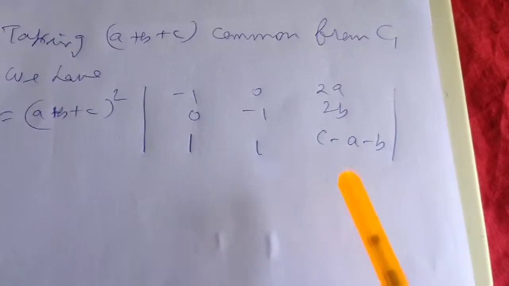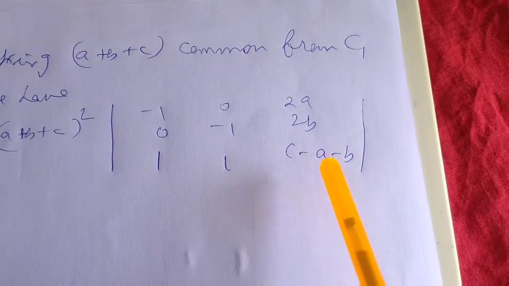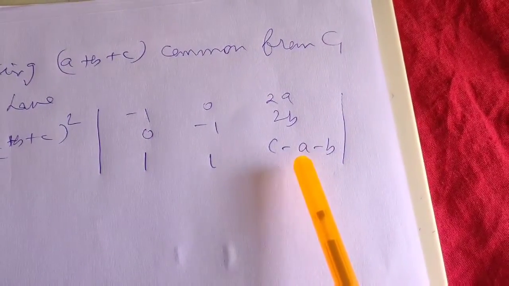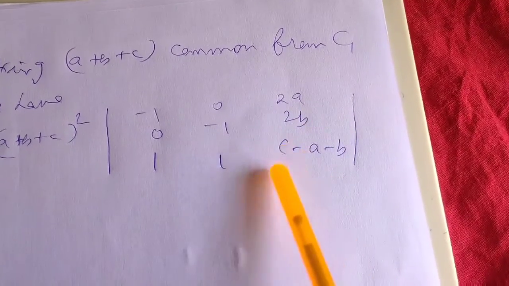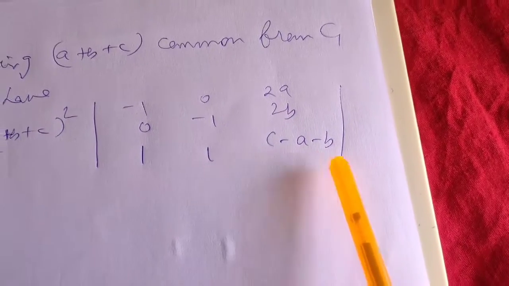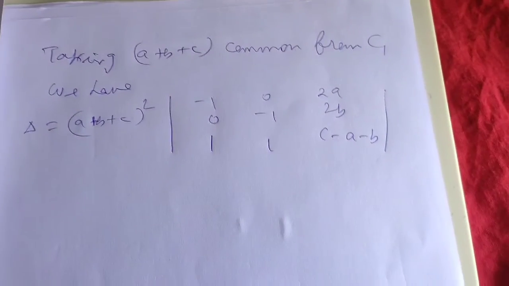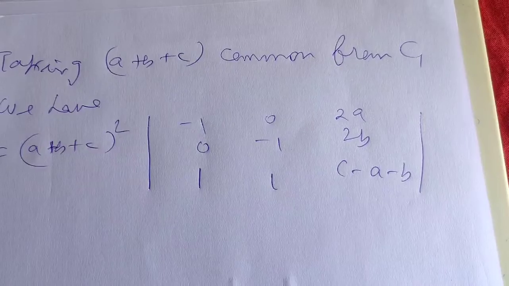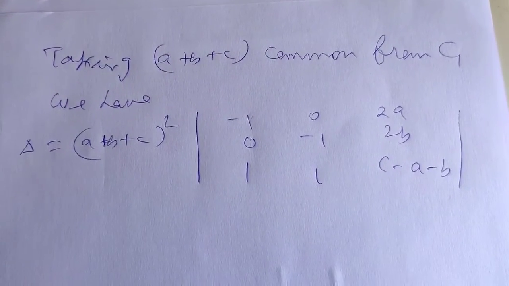So in this one, now if we add the rows, that is row 1, row 2 and row 3 all together. Suppose in row 1 I add all the elements of row 2 and row 3. What will we be getting here? 2a plus 2b, c minus a minus b. So 2a minus a will become a, 2b minus b will become b, and what will remain here? C. So what will we be getting here? A plus b plus c. So that is what we can do. So let us try that particular method, and see what we can get on doing it.